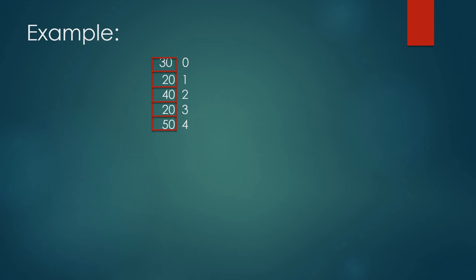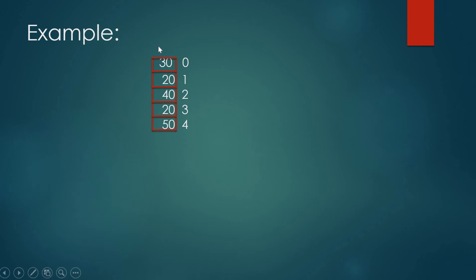That is, i is equal to 0 and i less than n. Less than n means till n minus 1. See here, suppose ELE is equal to 20. Then for finding out the frequency of 20, first 20 is compared with A of 0. 20 is not equal to A of 0.